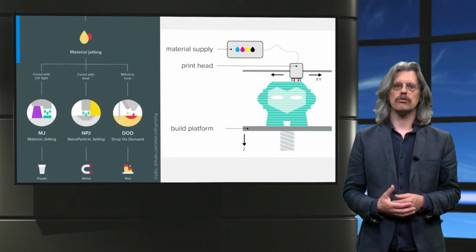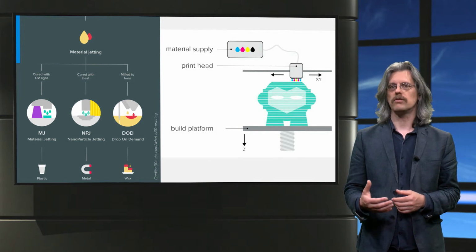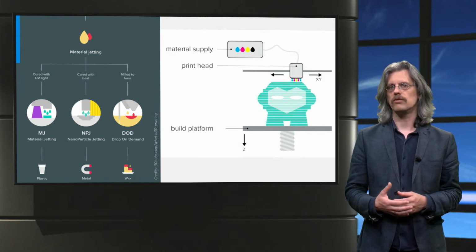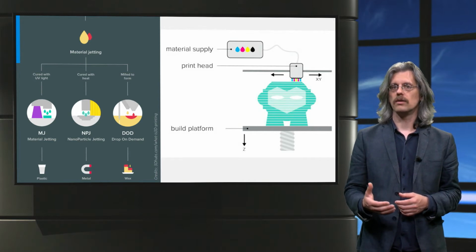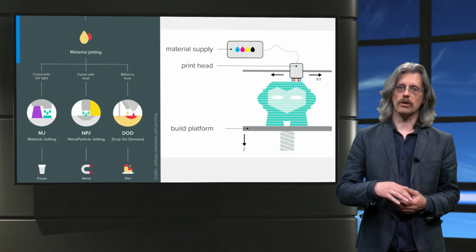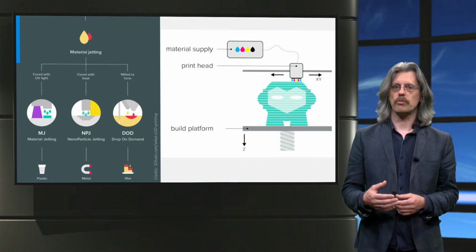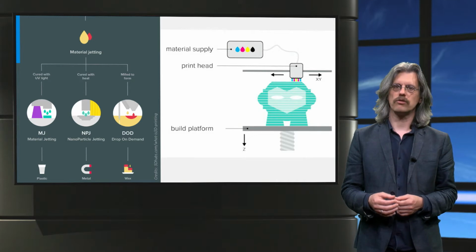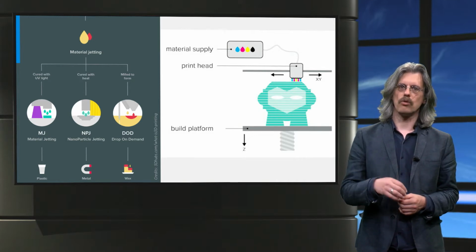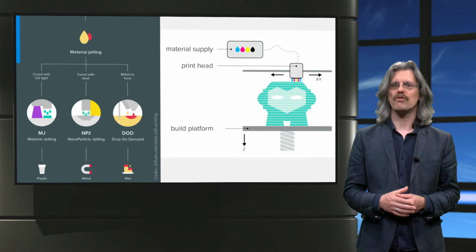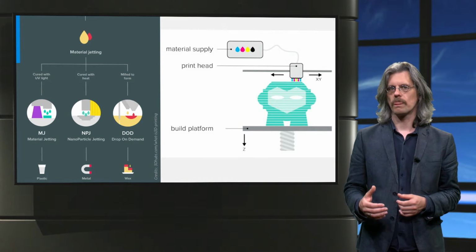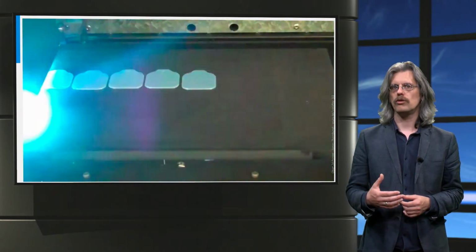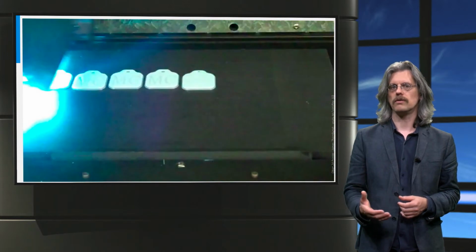Material jetting is a process that applies inkjet technology. You might know inkjet from your desktop color printer at home. Instead of jetting ink, a liquid is used that becomes solid. Small droplets of material are selectively deposited by one or more inkjet heads. The heads move over the platform and build up an object layer by layer. And the material used is usually a photopolymer, which is cured directly with a UV light.